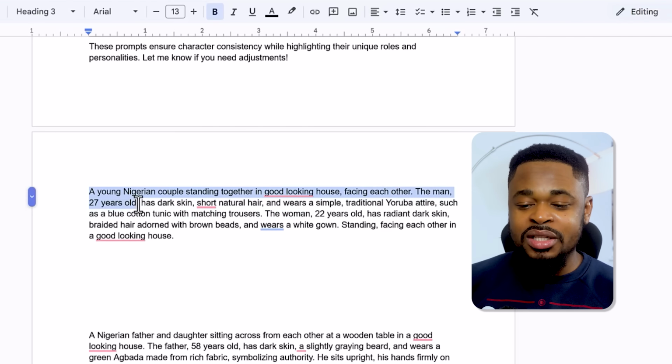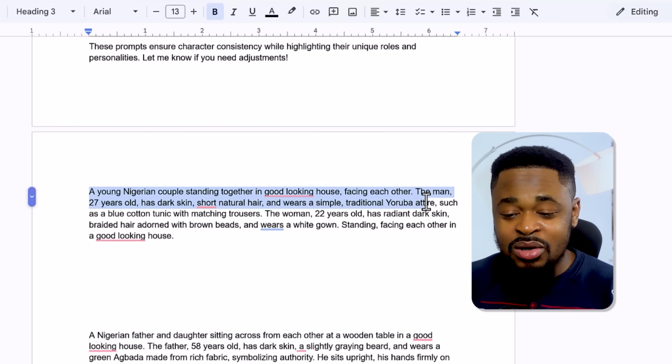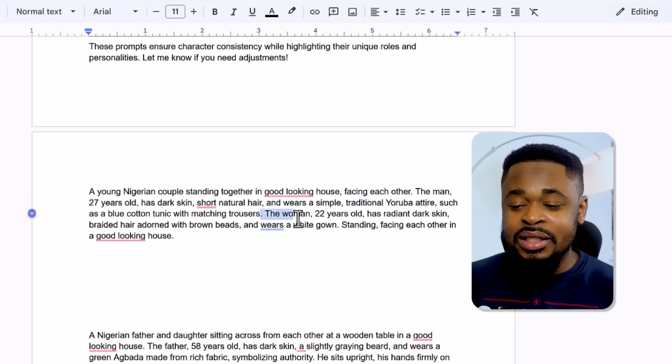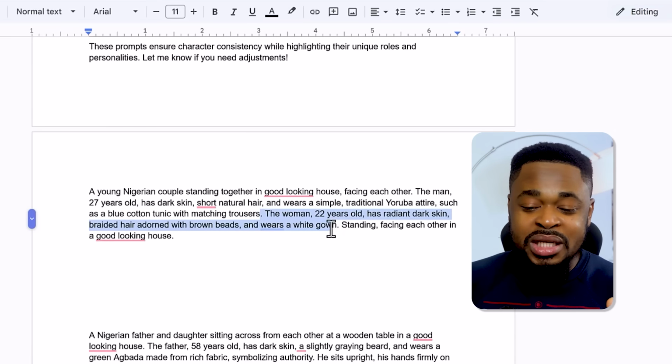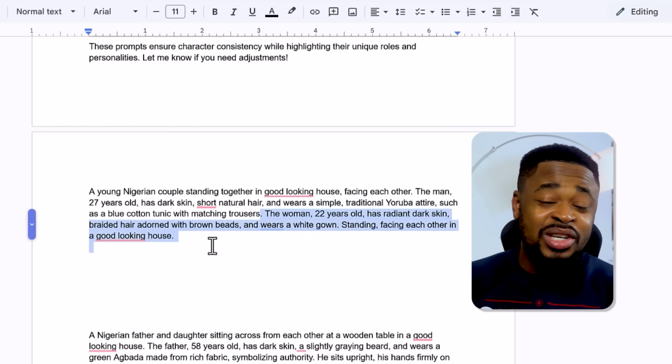The man is 27 years old, has dark skin, short natural hair, and wears a simple traditional Yoruba attire, such as a blue cotton tunic with matching trousers. The woman, 22 years old, has radiant dark skin, braided hair adorned with brown beads, and wears a white gown, standing facing each other in a good looking house.